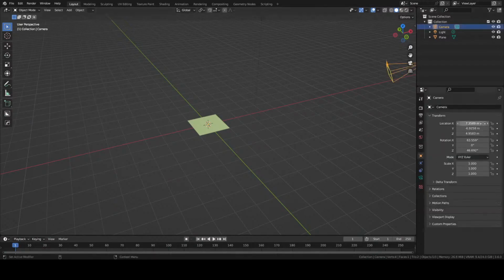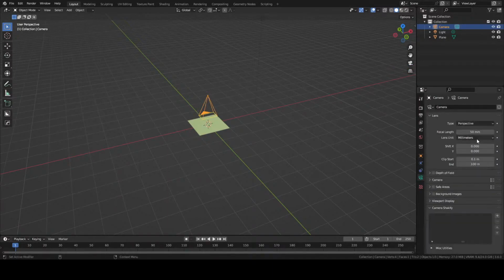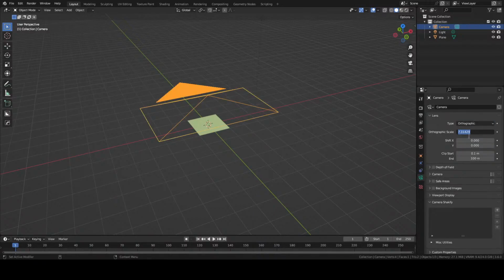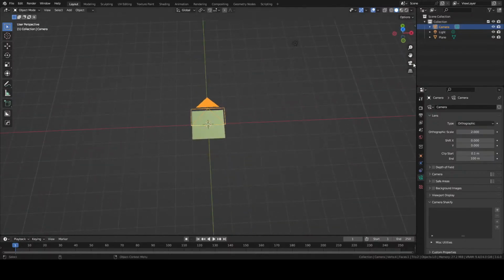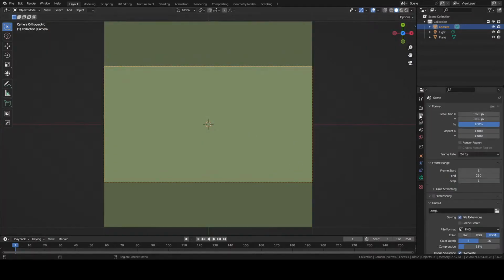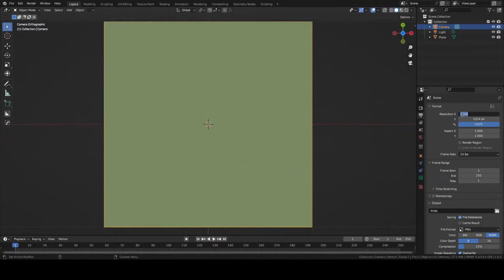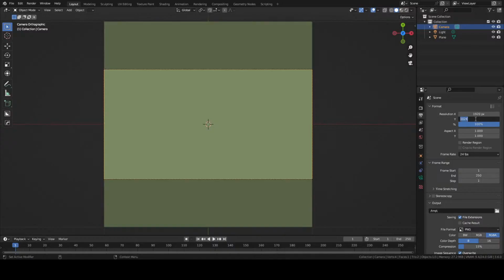So we grab our camera, we're gonna position that at 0, at rotation 0. We're gonna move it up above the image, like maybe 2. We're gonna go to the camera settings. We're gonna change it to orthographic. We're gonna set the scale to 2. And now the camera is going to be the exact same size as the canvas. Oh, look at that. Magic. And then we're going to change it to 1024 by 1024. Actually, no. For this mask, I want 1920 by 1080.